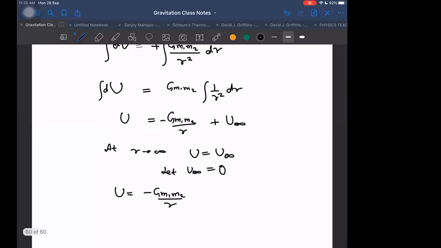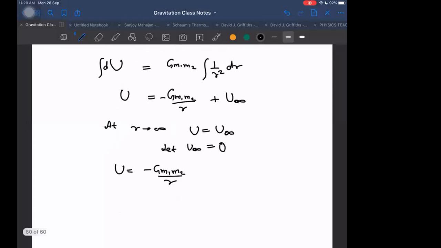This is the potential energy between two particles at a distance r from each other, and this potential energy is negative. For attractive forces, the potential energy will come out to be negative if we take infinity as the reference. But can we get this potential energy as positive? Yes, that can be done. If somebody says to assume this potential energy to be plus 2 units or something, don't question the examiner. Then it means he is thinking that U infinity is not 0 but some other, positive value.